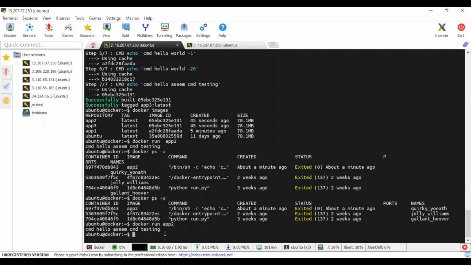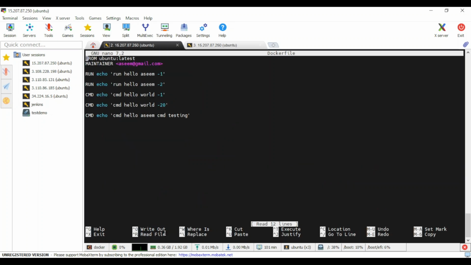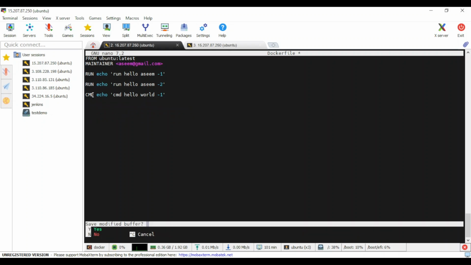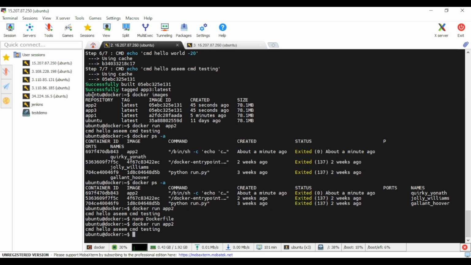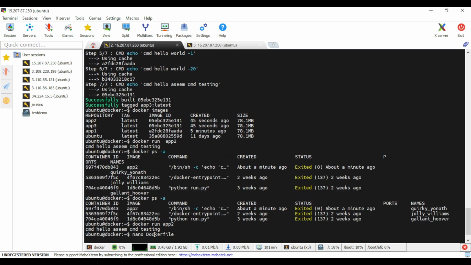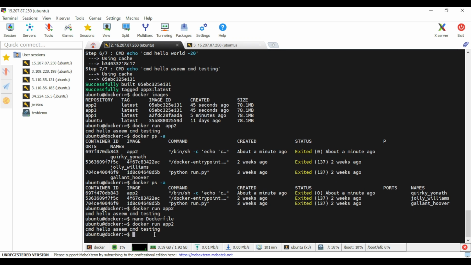Okay, so in this case, if I go and edit one more time, nano Dockerfile, sorry, Dockerfile. Okay, and I will say that I don't require these commands, so I'll use Ctrl+K to delete them. I'll be deleting, I just want only echo cmd hello world. In this case, what I will do, I will create one more container out of this in this command. No, sorry, I have used the wrong path, right? So if I check